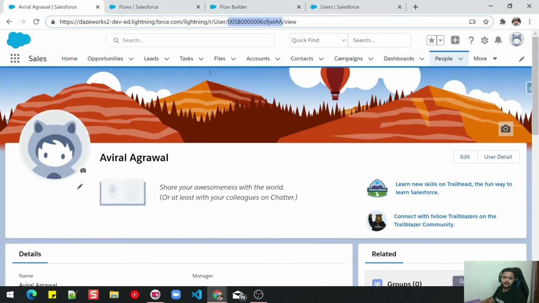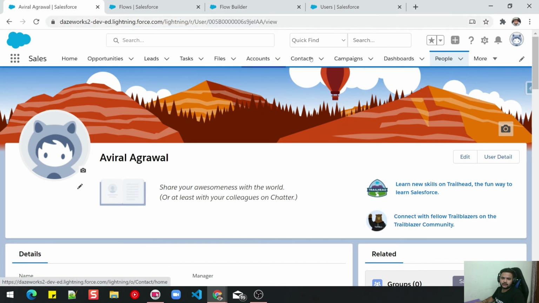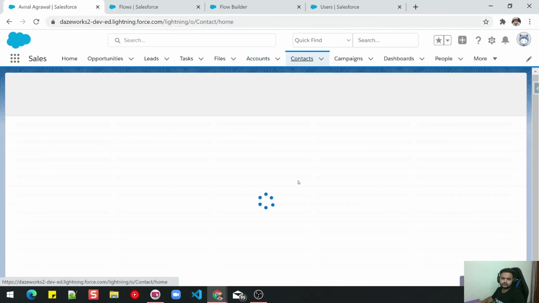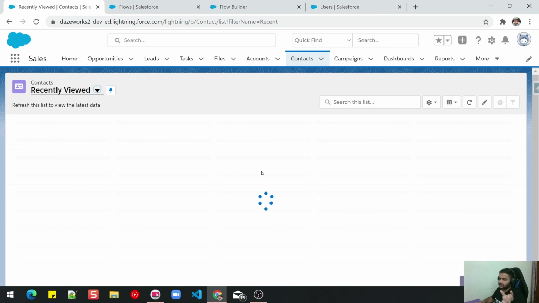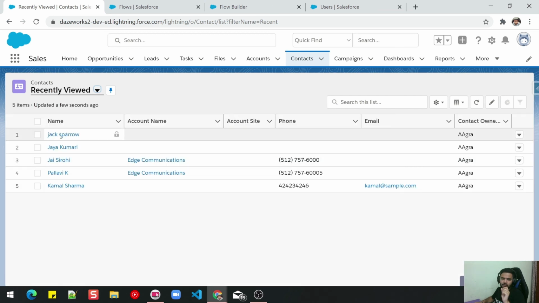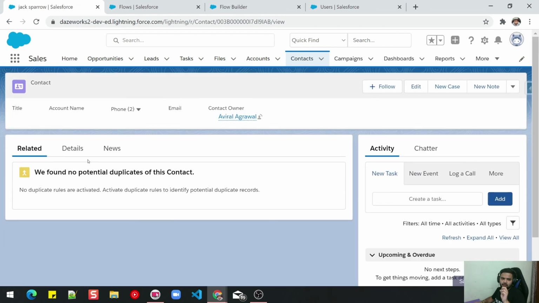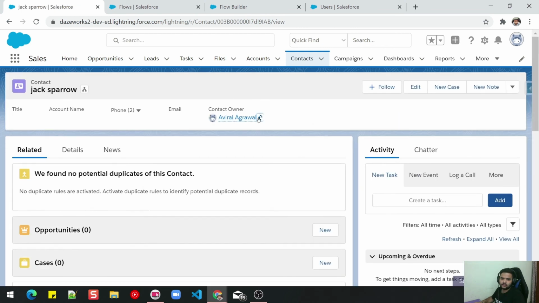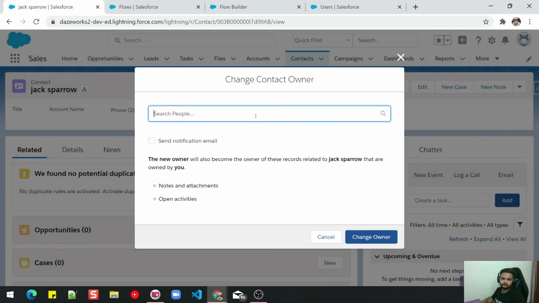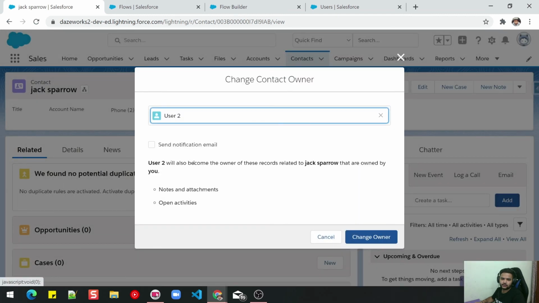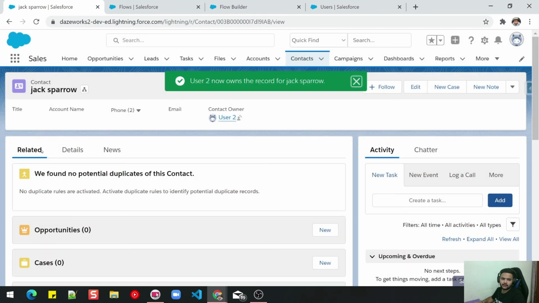So let's quickly go back to our contacts, and I'll update the owner field on one of the contacts, and let's see if my name gets changed or not. I'll update the owner from here, select user 2, and click change owner, right?